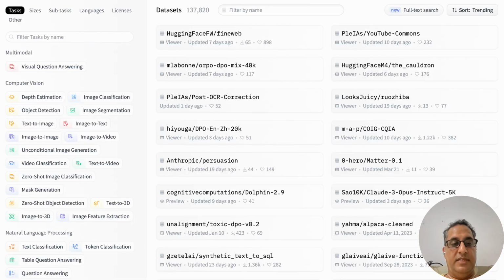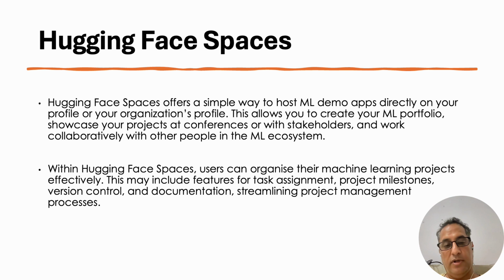Similarly, these are the data sets. If you click, you will get these data sets. If you want to find some specific data sets, you can go and check over here. While we are talking about Huggingface Space, the use of Huggingface Space is that it offers us